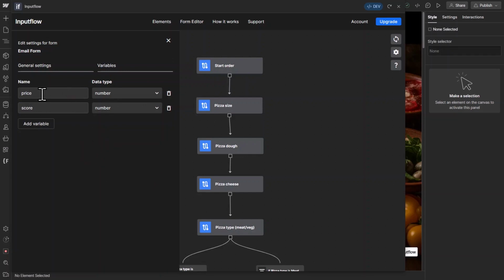Right now, I have price and score variables. These are the default variables that you will find in every form. So whenever you create a new form with Inputflow, by default, this price and this score variable will be part of it. You can delete them if you don't need them, you can rename them, you can do whatever you want. You can also add a new variable and give this whatever name you want to give it. But in this case, I'm just going to delete the score variable and keep the price variable, because that is what we're going to work with now. So we have one variable called price, and the data type is number. Let's close this again